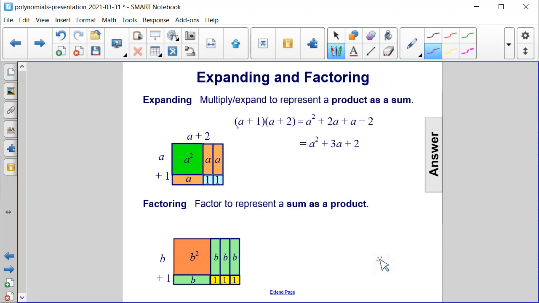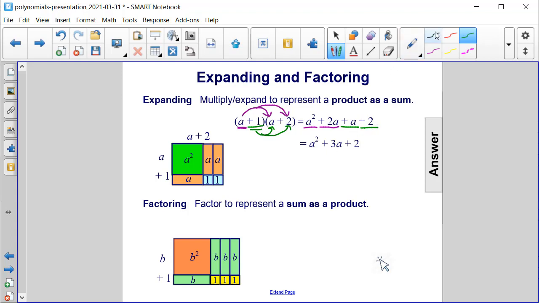algebraically. If we were to take this first a value and distribute it through to both of our terms in the second binomial, we would get a squared, and then a times plus 2 is plus 2a. And then we're going to take this positive 1 and distribute it through the second set of parentheses as well. So plus 1 times a is plus a, and plus 1 times positive 2 is plus